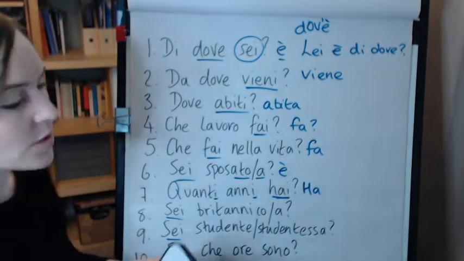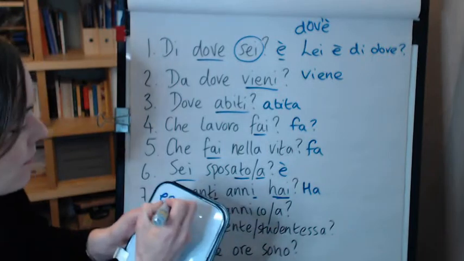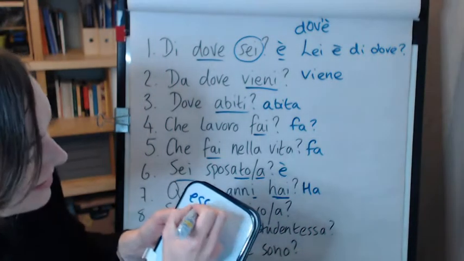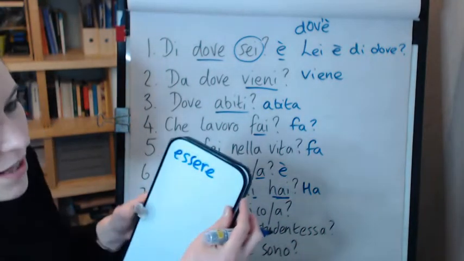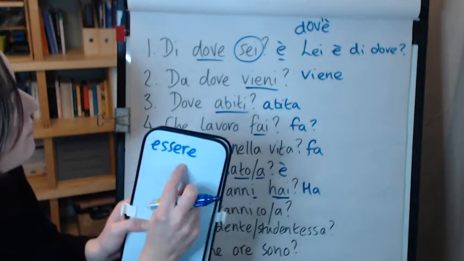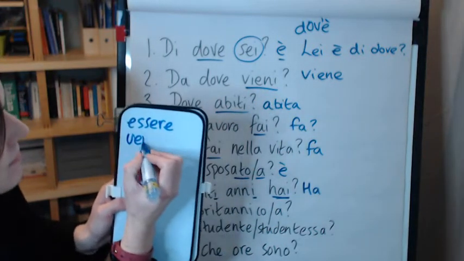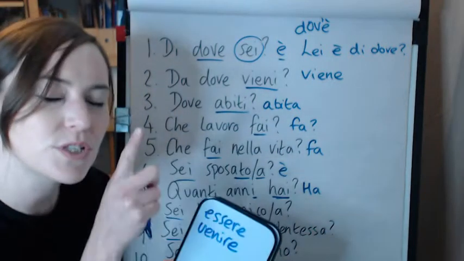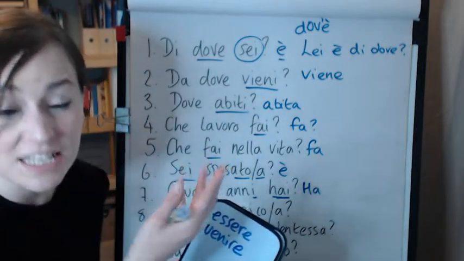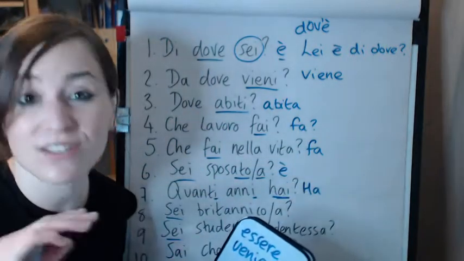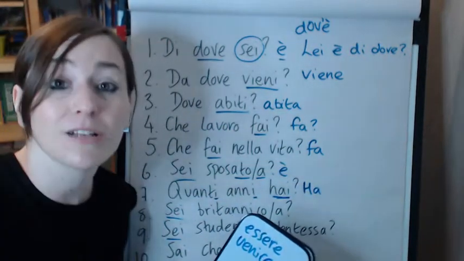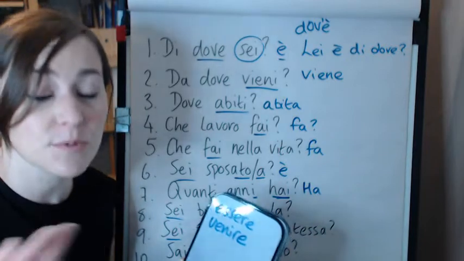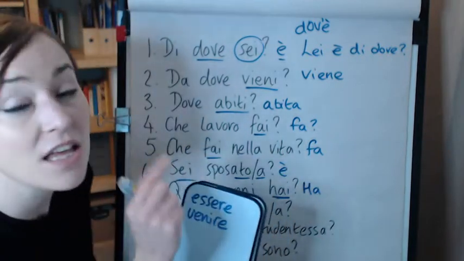Typical. Right, okay. So here we have say from. I have an Italian accent when I speak English. Okay, essere. Venire. Maybe I'll write these in a list and put it under the video so you know exactly which verbs I've looked at. Then you can go and find the conjugations of those verbs in whichever tense you like. Most of these are in the present tense, but we'll also look at some conjugations in the conditional.